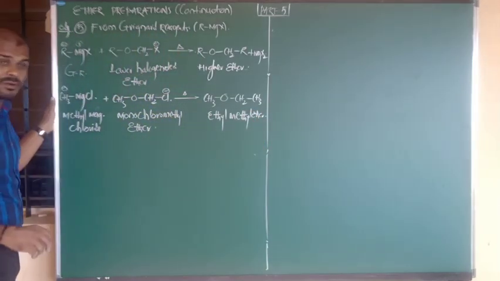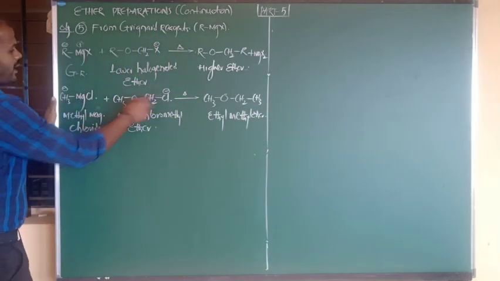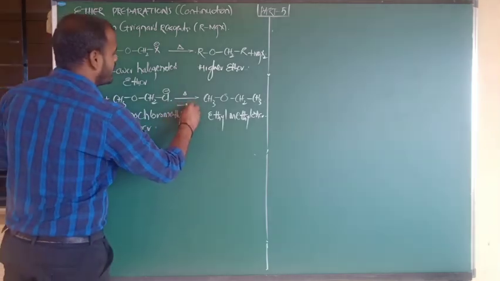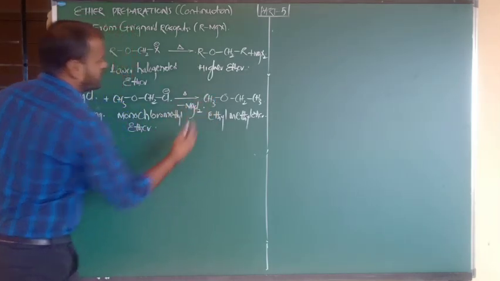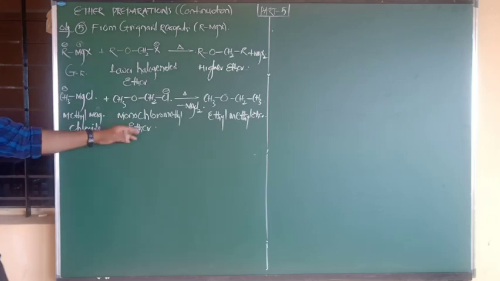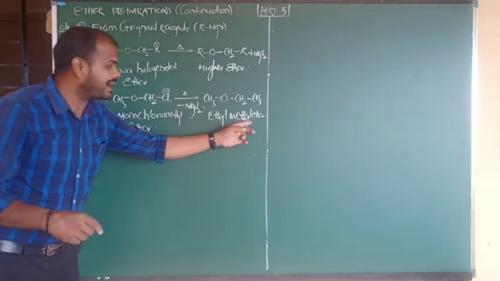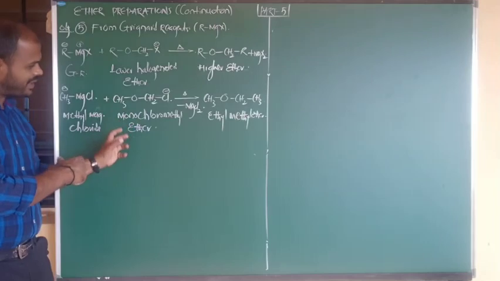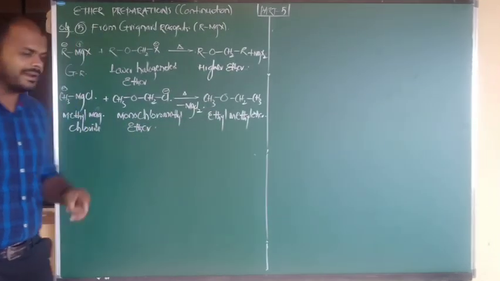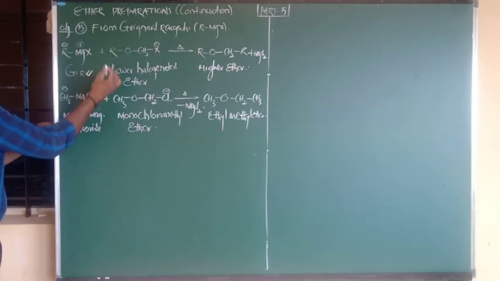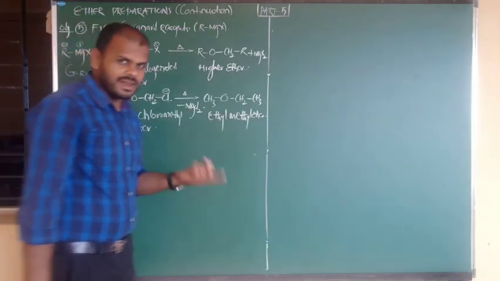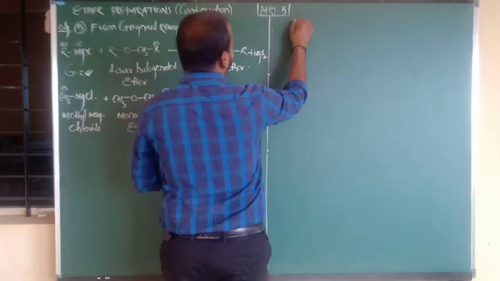And what will be the byproduct here? Here one Mg is there and 2 Cl's are there, and they are removed in the form of MgCl2. Like that. The lower ether has 2 carbons, but the higher ether has 3 carbons. So lower ethers can be converted into higher ethers on reaction with what, beta? Grignard reagent.